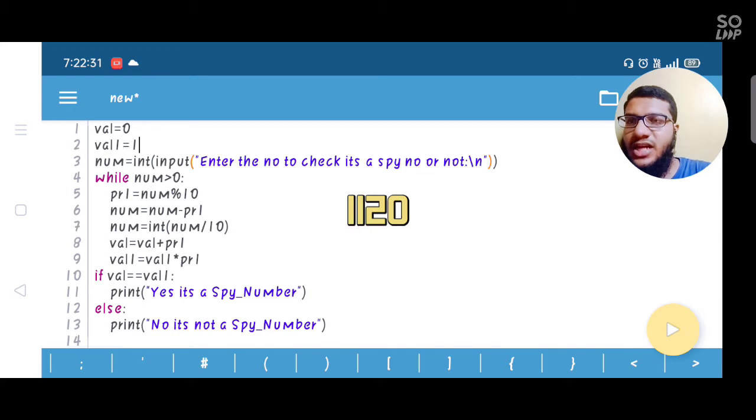Now I have divided that number using the int statement. Why have I put int here? Because if I divide normally, the number becomes a float with a decimal point. I don't require the decimal point, because then my program will not function properly. So I have made it int, and in this case 1124 minus 4 gives 1120, and when I divide 1120 by 10, I get 112. Okay, now the divide is completed.